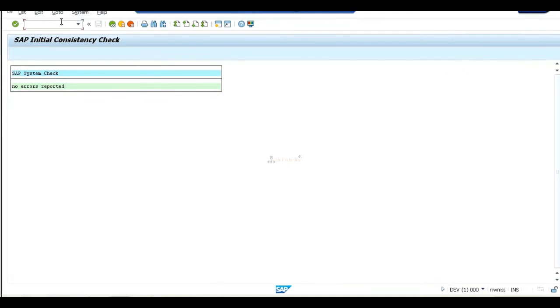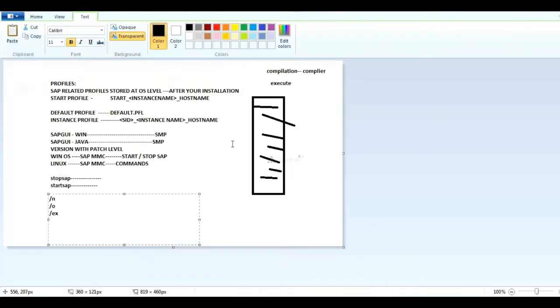Okay, this is my T code area. What T code have I executed right now? SICK. SICK is one of the T codes. This will do the installation check.